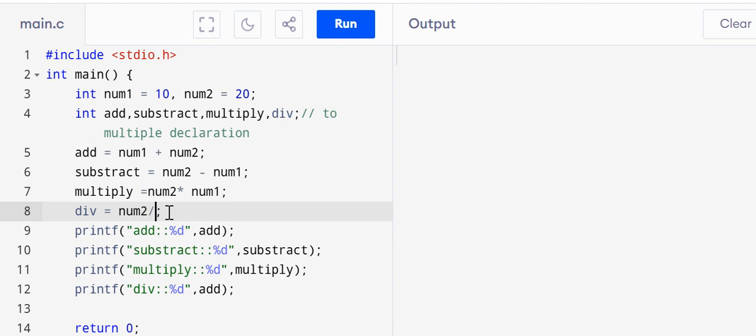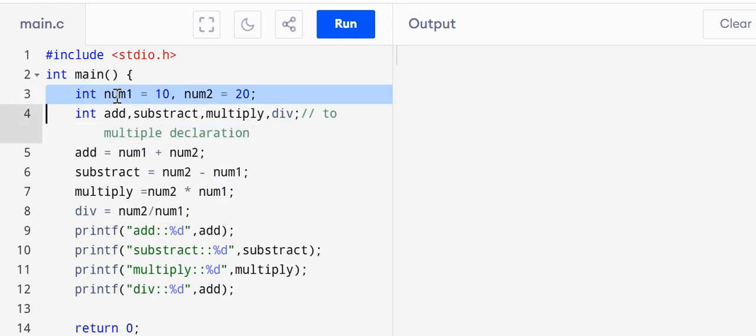Here we have given number 1. So you can understand how to declare variables using data type and variable name, and the value will be initialized. Multiple variables we can declare and define like that. And then how to use arithmetic operators here: add, subtract, multiplication, division, and that value will be integer,